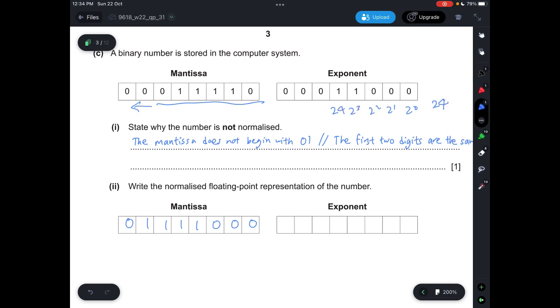It's 24. So when you move to the left, that would be 0, 1, 1, 1, 1, 0, 0, 0. Then you don't need to move 24 places to the right. You need to remove 2 from the exponent. So this will give us 0, 0, 0, 1, 0, 1, 1, 0. Right? So yeah, that will be